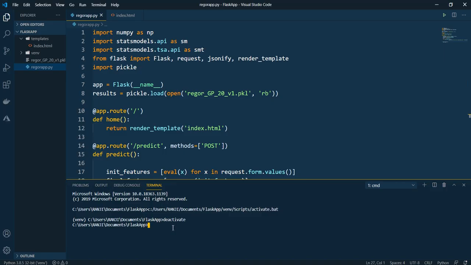It takes some time. You can install virtual environment by pip3 install user virtualenv.